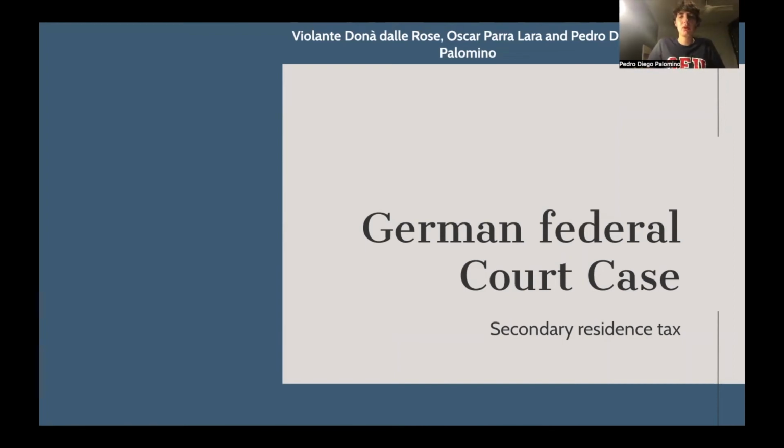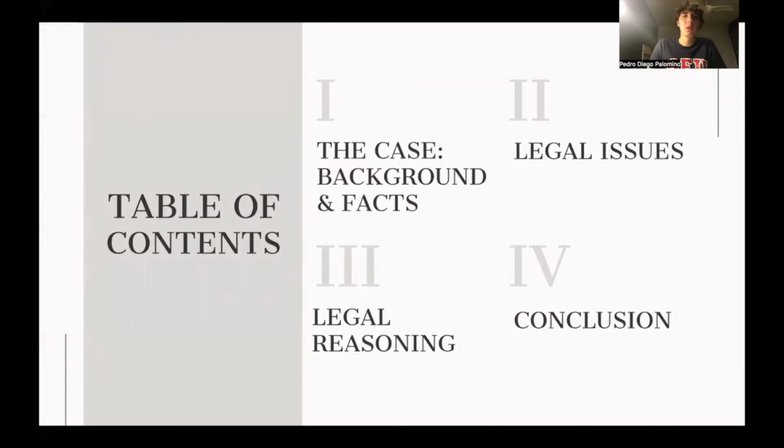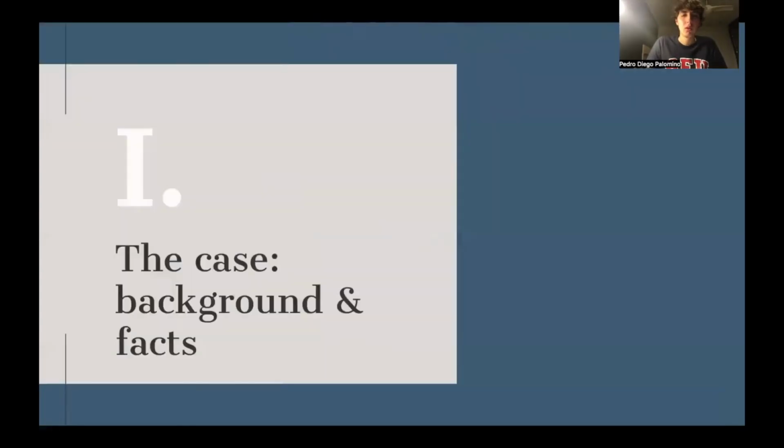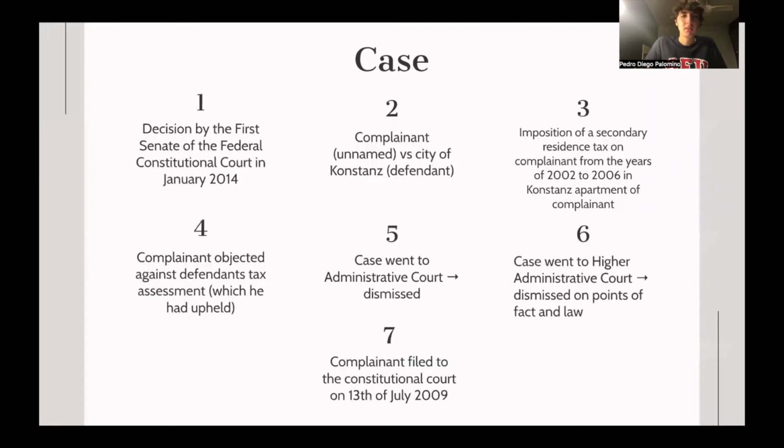We'll be talking today about the secondary residence tax case in the Constitutional Court of Germany. So the case concerns a decision by the First Senate of the Federal Constitutional Court in Germany in January of 2014. The two parties are the complainant versus the city of Constance, which acts as the defendant. And it relates to the imposition of a secondary residence tax on the complainant's apartment in the city of Constance